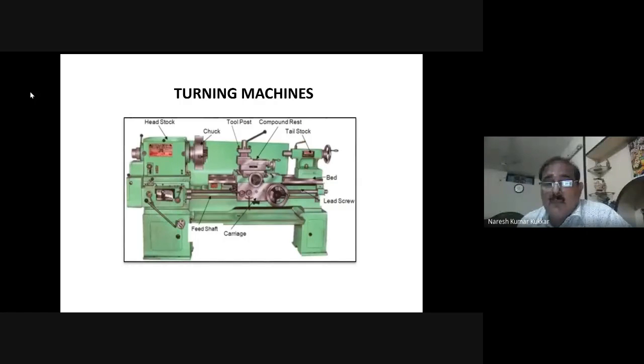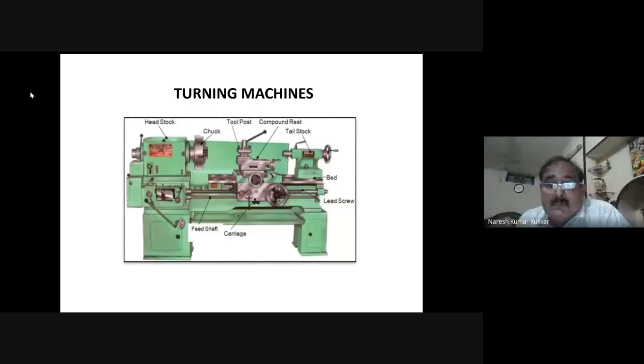How does it work? Between the tailstock and the chuck, a shaft or any workpiece is fixed, and by moving the compound rest or tool post up and down, in depth and sideways,